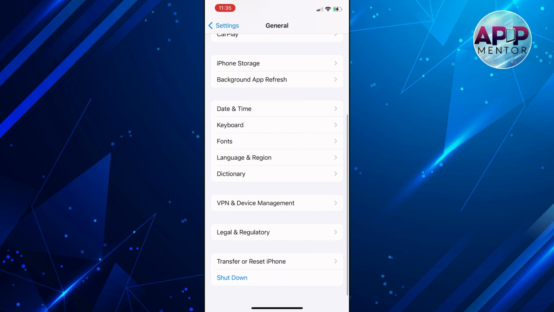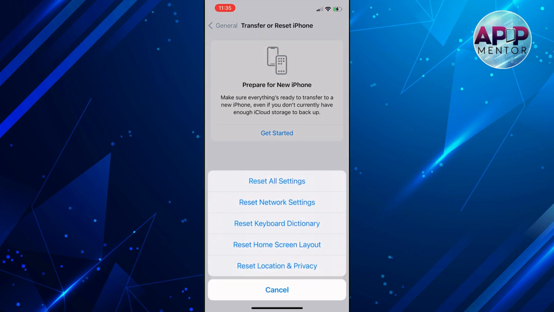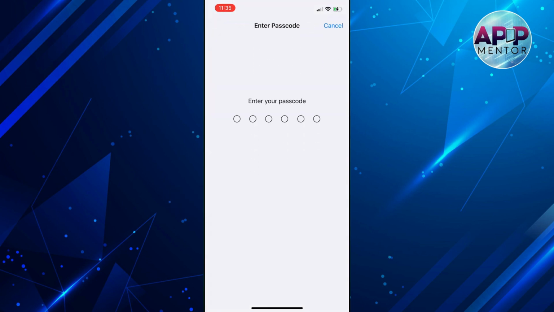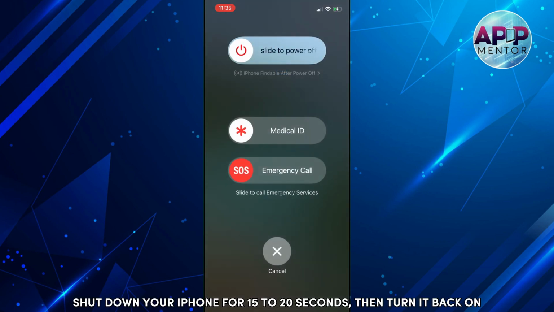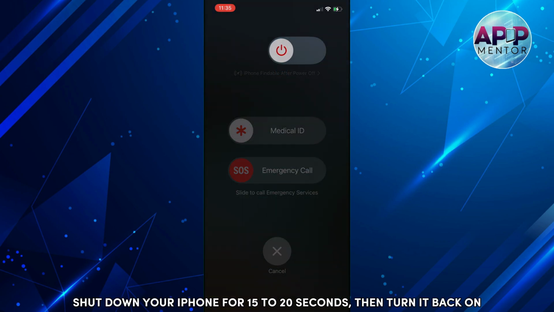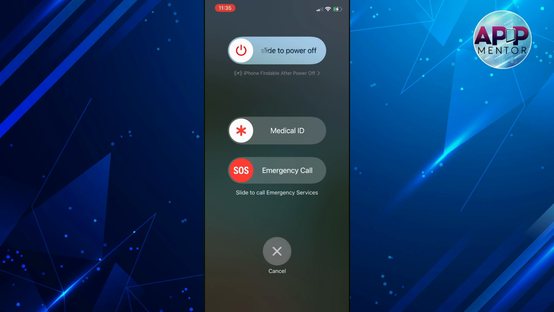Then go back, tap on Transfer or Reset iPhone, choose Reset, and select Reset Network Settings. Enter your iPhone password and reset the network settings once. Once done, shut down your iPhone for 15 to 20 seconds, then turn it back on and check if the